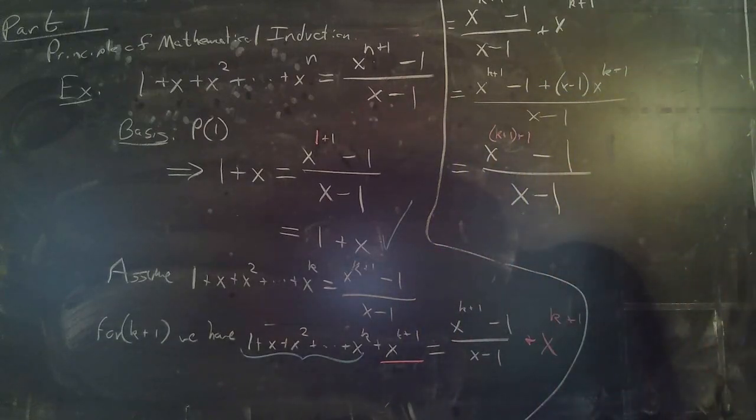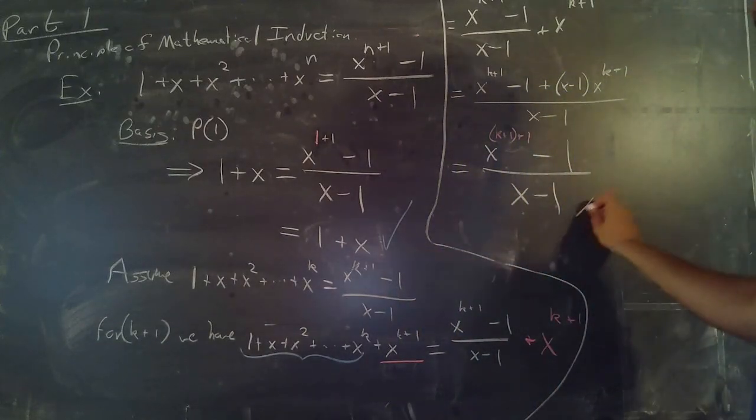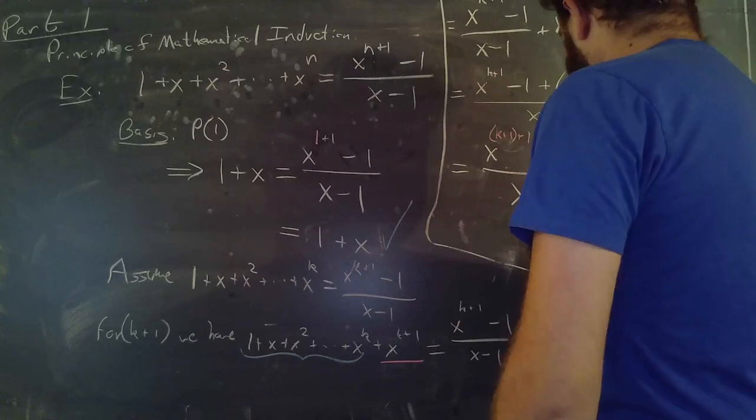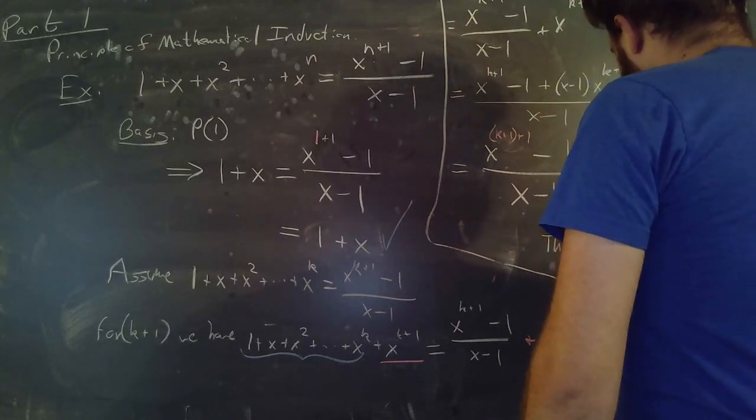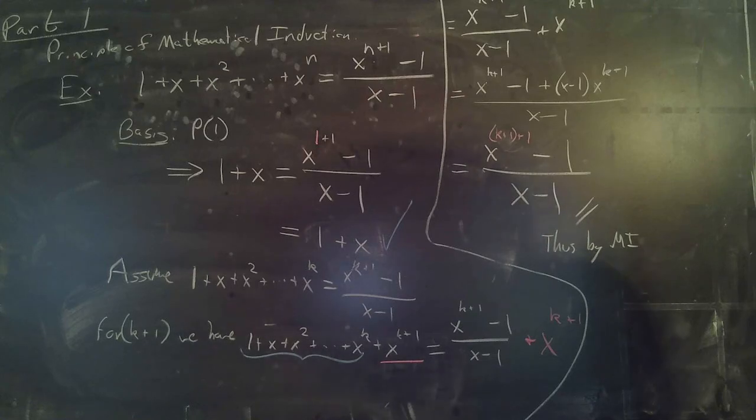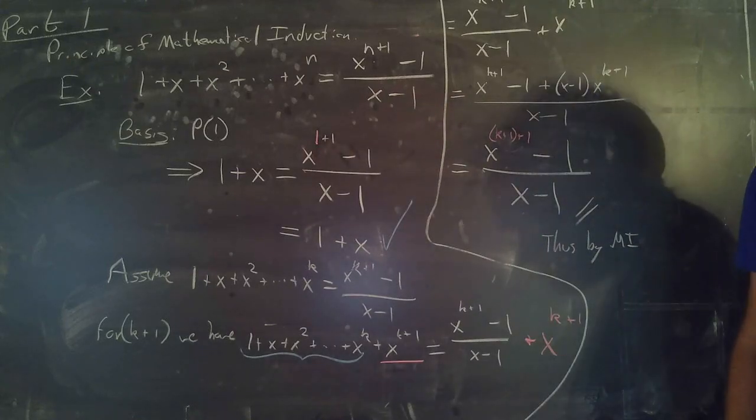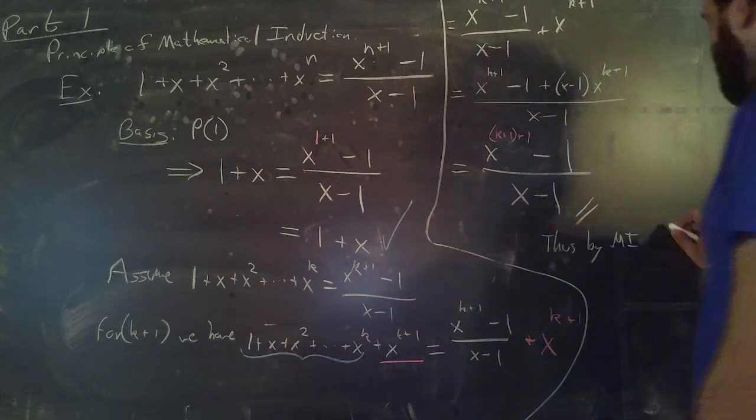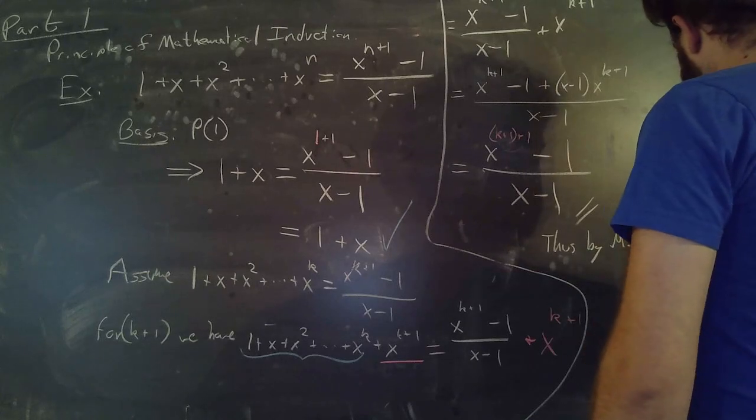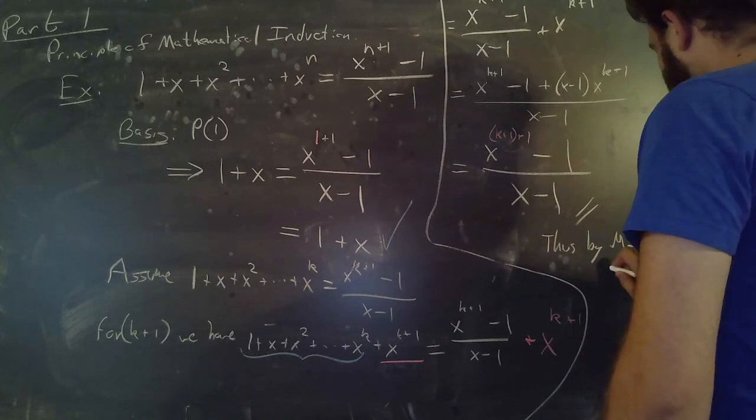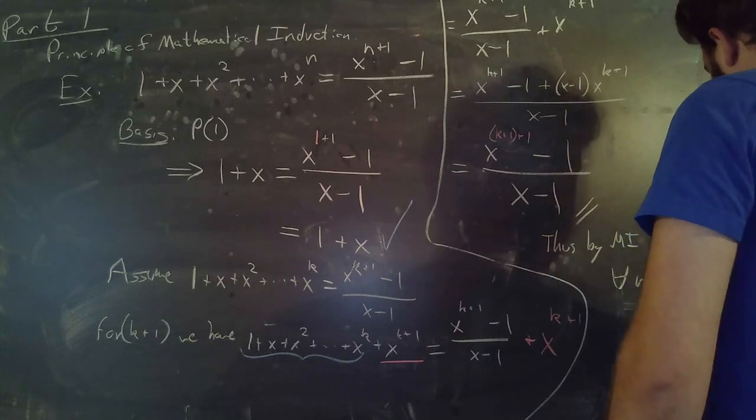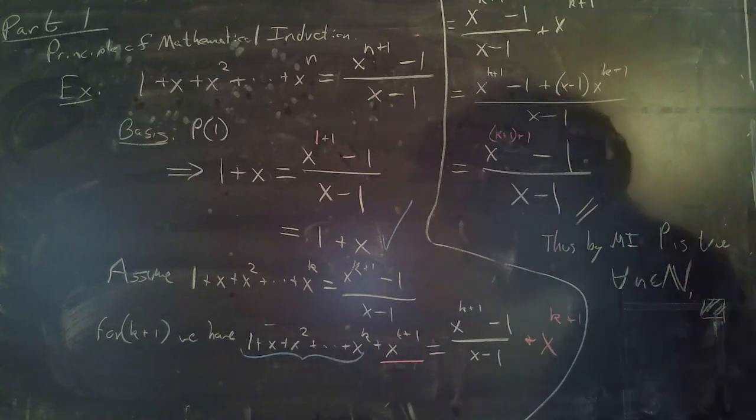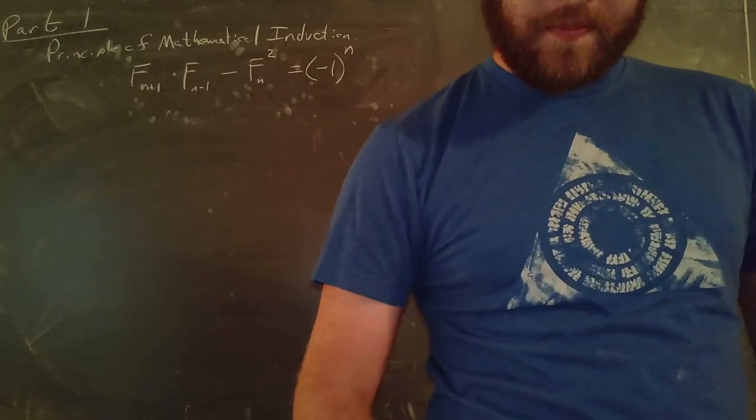And so what we finally need to write down here is that thus by mathematical induction, and usually we write this whole thing out, but I'm going to abbreviate here, P is true for all n drawn from the natural numbers. End of the proof. Now here is